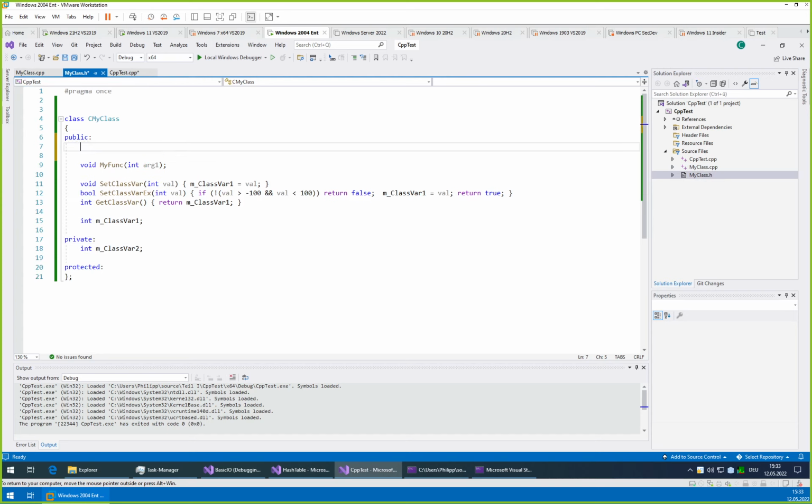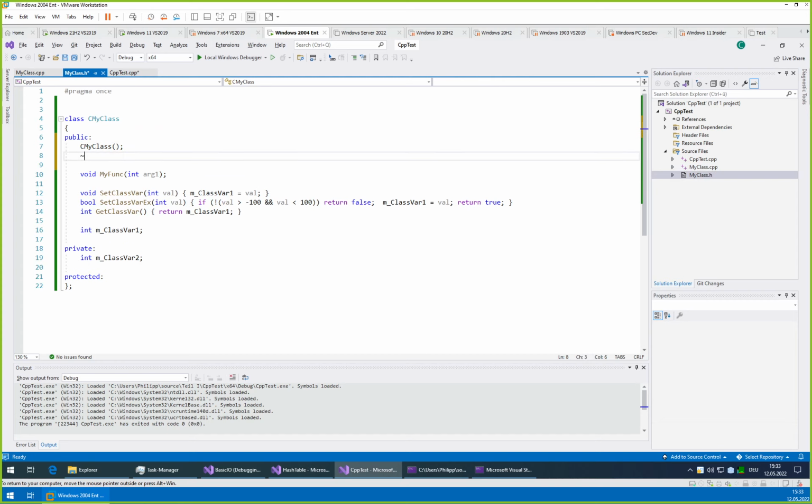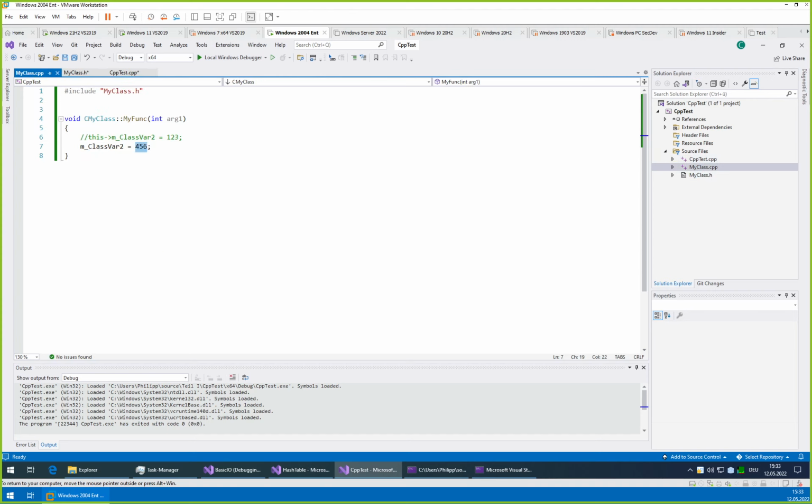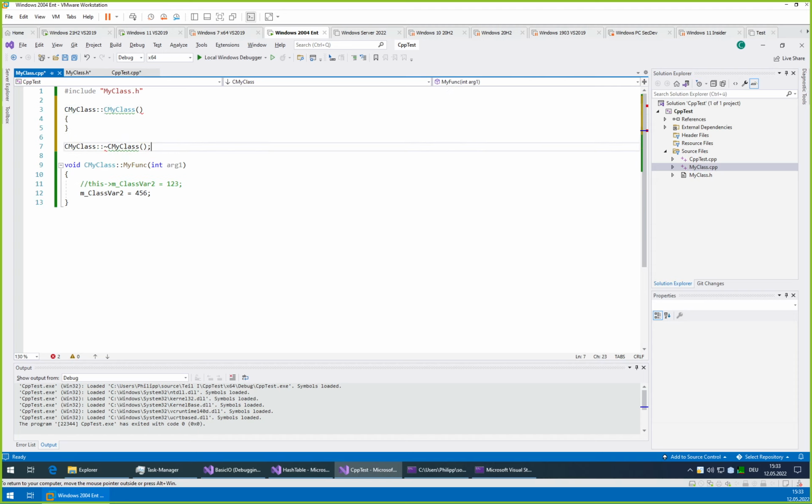a very important feature of C++ is the ability to have a so-called constructor and a destructor. So these are two functions. The one has the same name as the class. The destructor has the same name but prefixed with a tilde. And the constructor will be called whenever an instance of this class is created, either by defining it on the stack or by using the new operator.